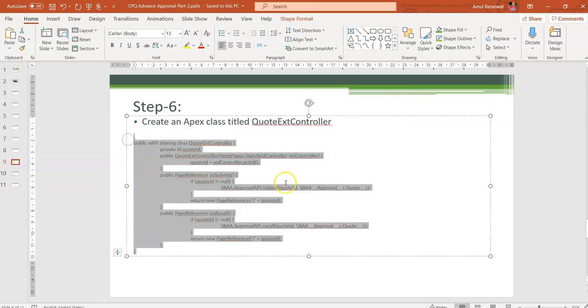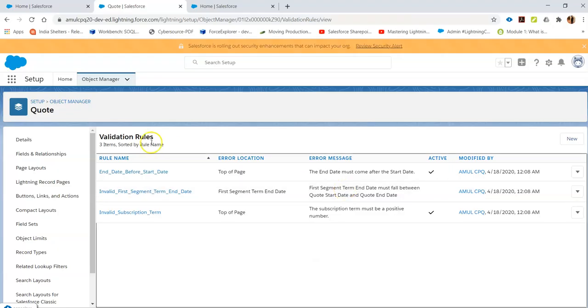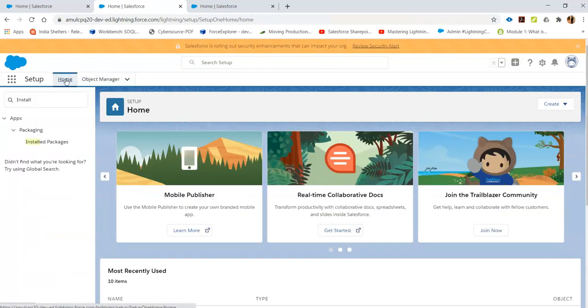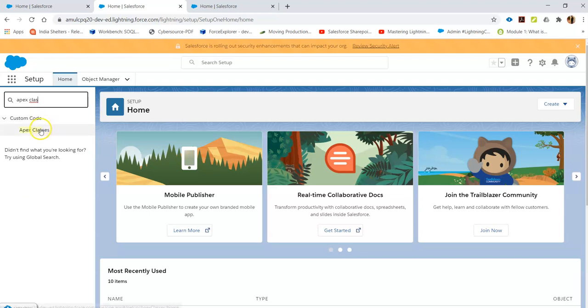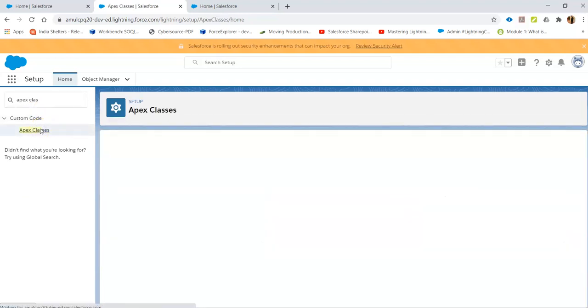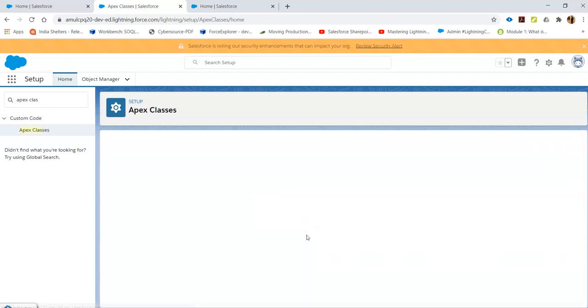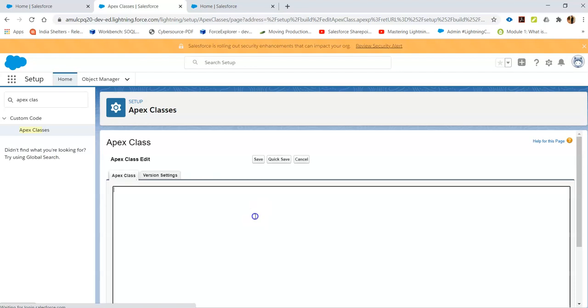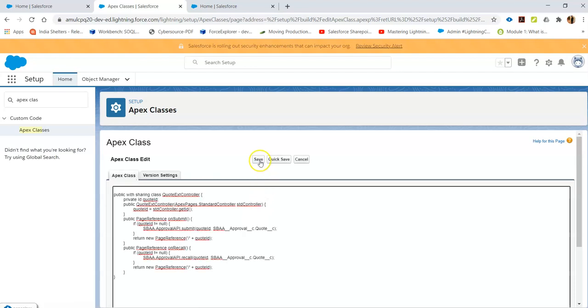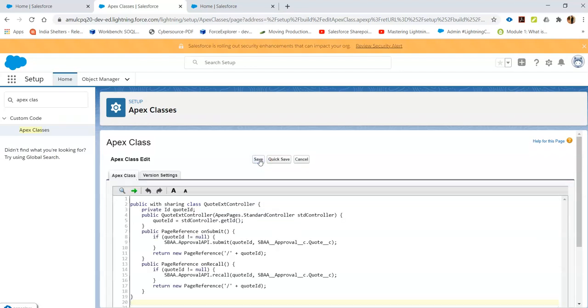Copy this entire class file, go to the Home tab in Setup, search for Apex classes, click on New, paste this controller class and click on Save.